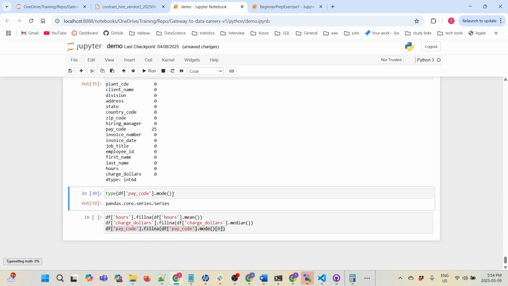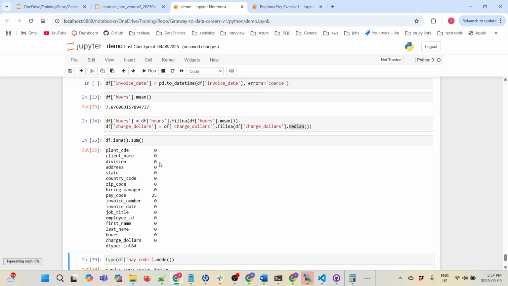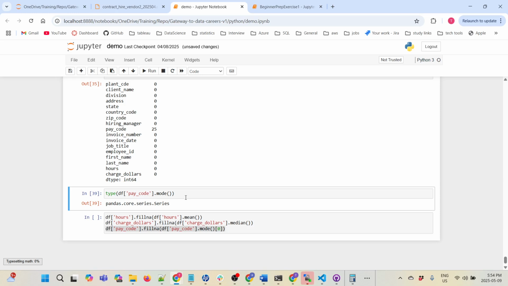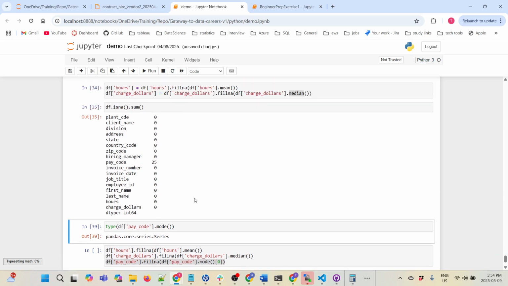So the reason is because with mean and median, there is a single value. But with mode, what if there is a tie? If there is more than one value that appears, say for example, there are two values that appear 5 times. So that is the maximum value. And in such cases, if there is a tie, all those values that appear the maximum number of times are returned. Say for example,